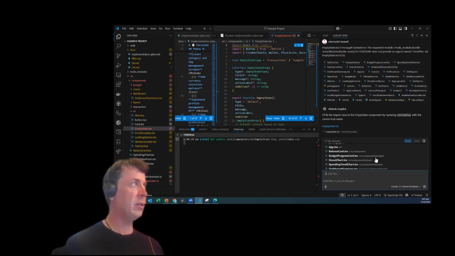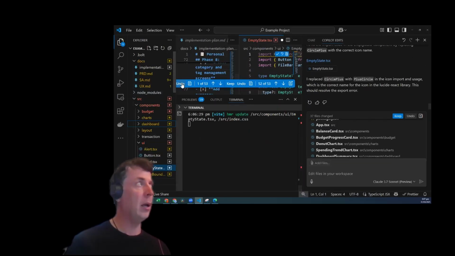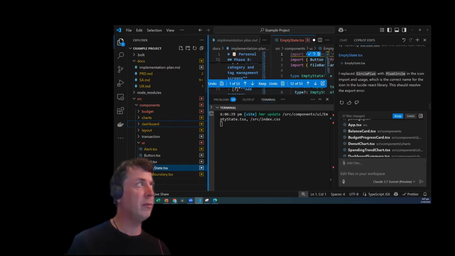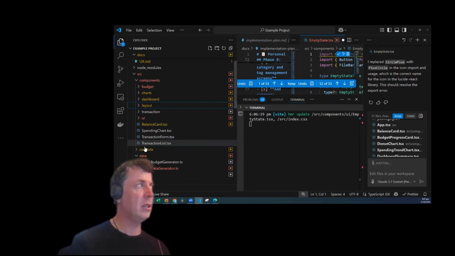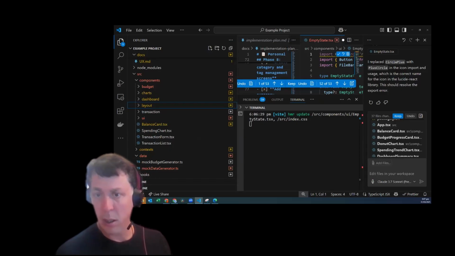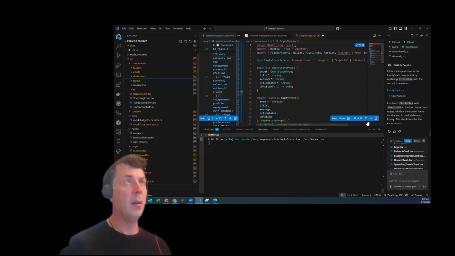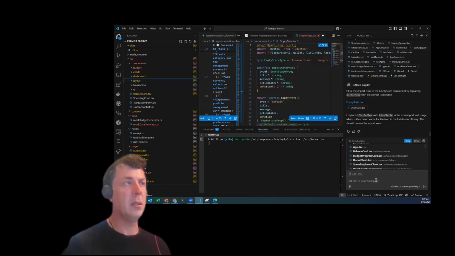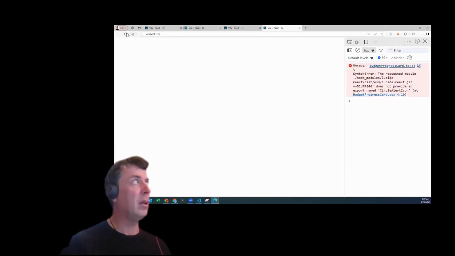Okay, so it's fixing that. On the source side of things, what's emerging is pretty cool. We've got the charts, dashboard layouts, transactions, a bunch of cool stuff there. So that's pretty cool. And now it looks like it has finished updating that. Okay, let's set that up, and hopefully